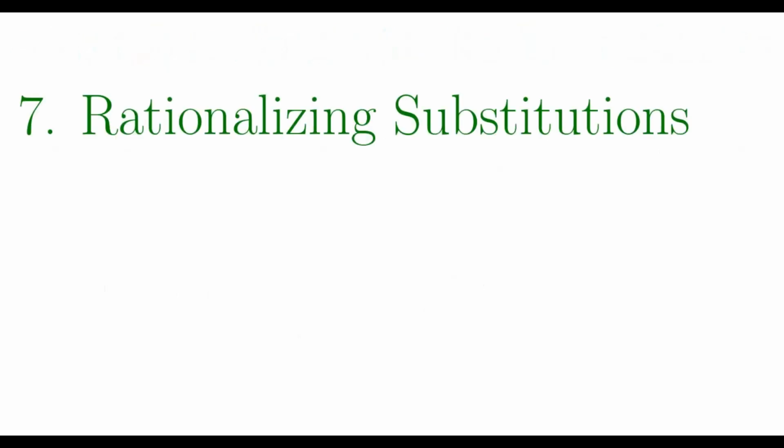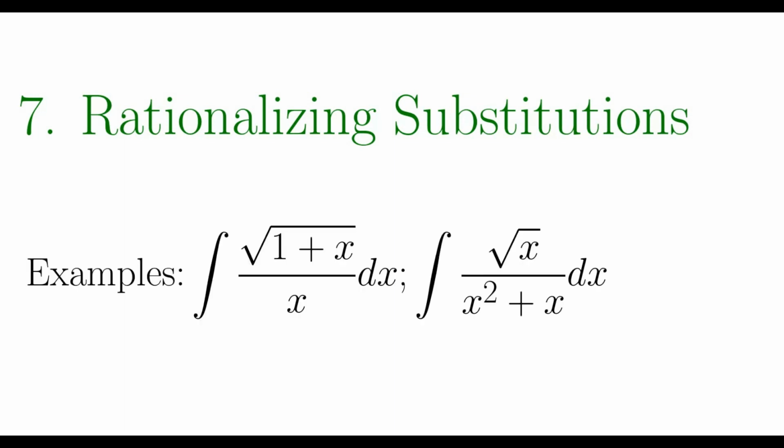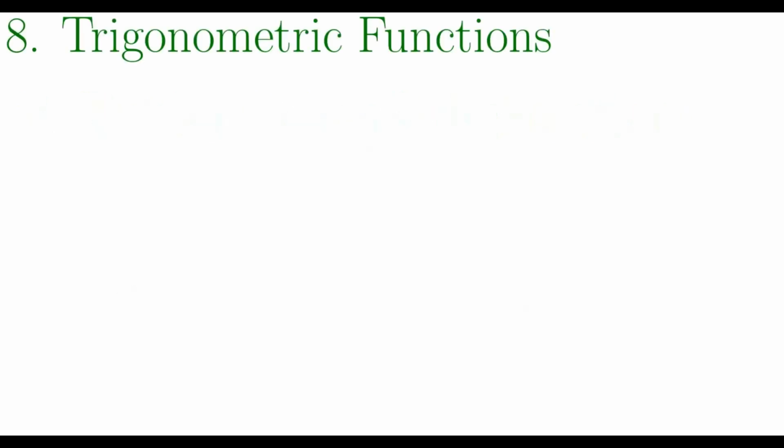Next method of integration is what I call rationalizing substitutions. In this method, you would like to turn everything into rational functions. So if you have radicals, a substitution for the radical would be really helpful. Next is trigonometric functions. When you're trying to integrate trigonometric functions, these are the things you want to keep in